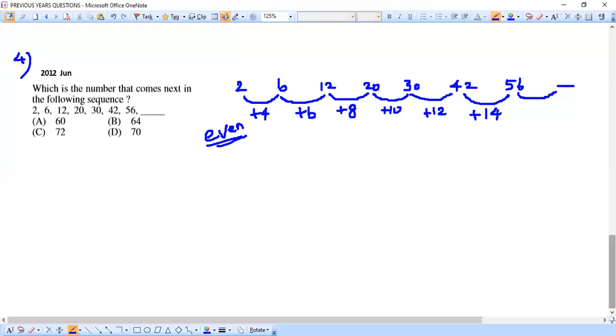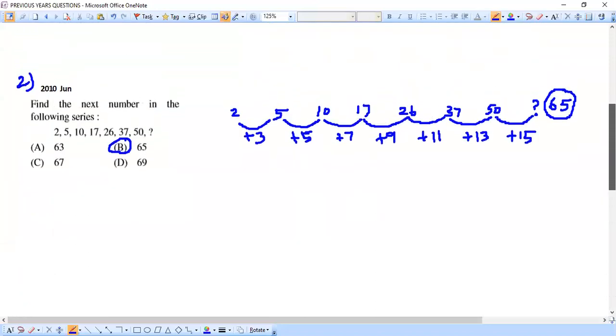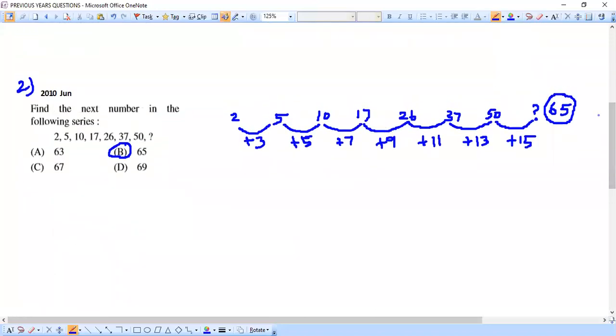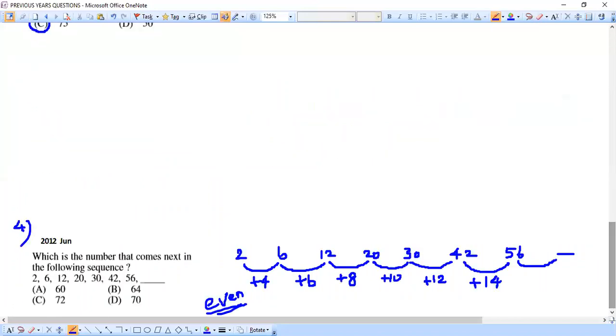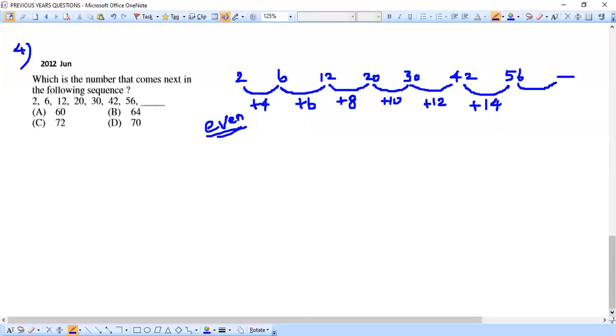I will also mention it for the second question, where they have used odd numbers. So these are all odd numbers. This time in this fourth question, they are using even numbers. So it's very clear: 4, 6, 8, 10, 12, 14. These are the numbers they are using. So what's the next even number that will come? 10, 12, 14, so we will be getting 16 here, no doubt, right?